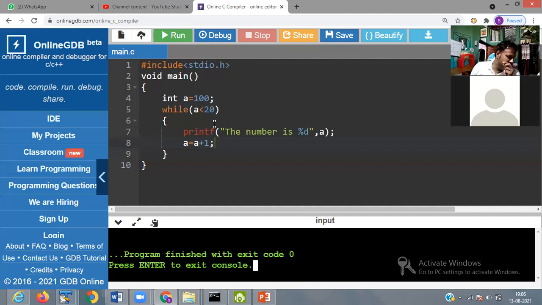In a do while loop, first the statement is executed, then the condition is checked. First the statement is executed, then the condition is checked.